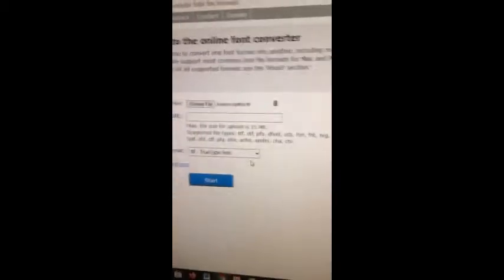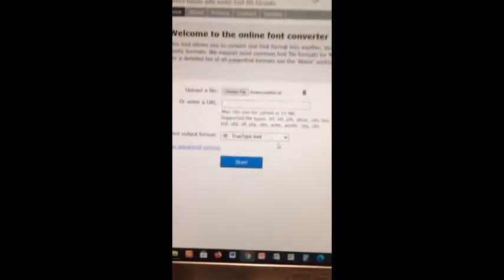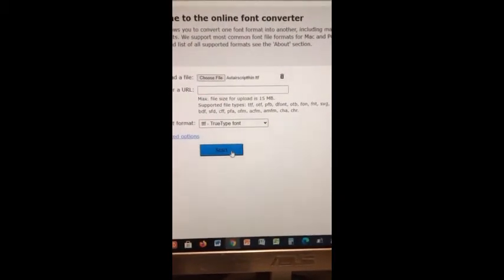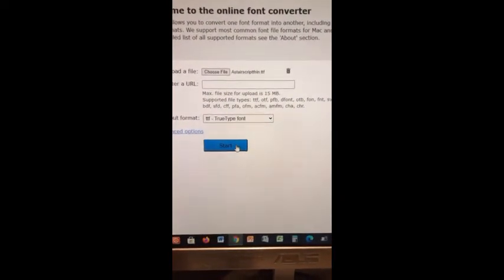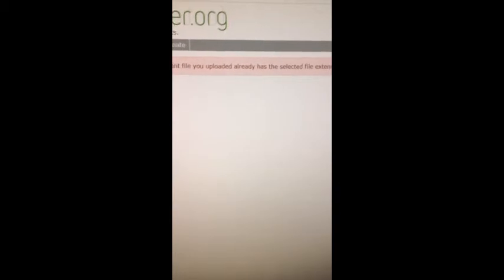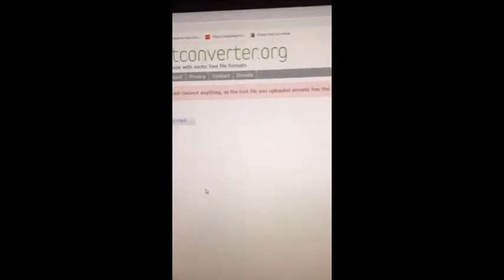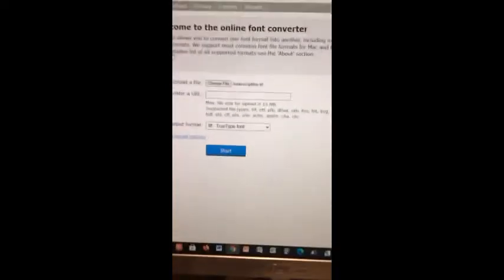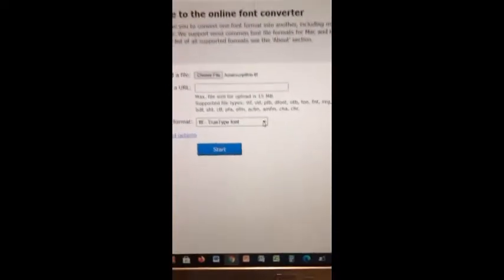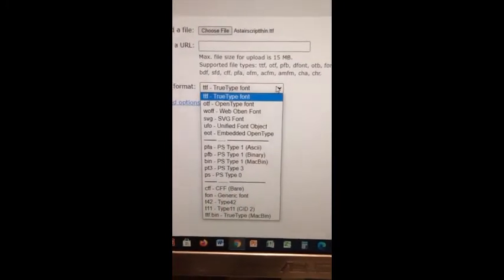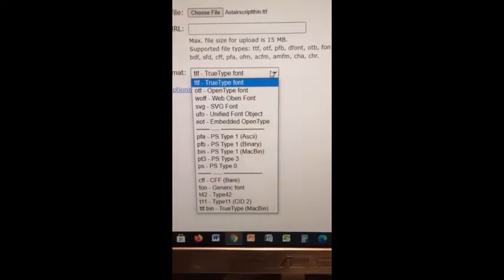And then if we do start, see, they could not convert anything because it already has the selected extension, but we know that the selected extension does not work. So what we need to do is choose a different format here,